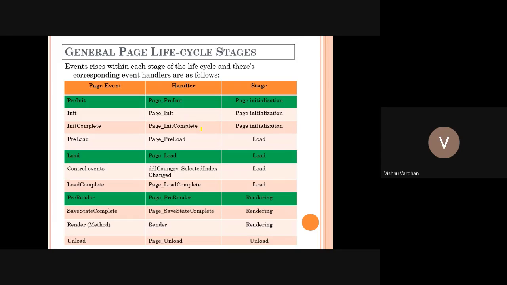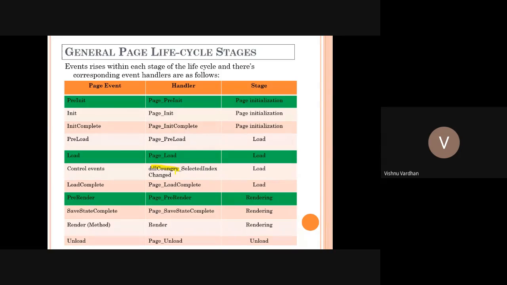Then the load method, you can see on the right side, has four event handlers. One is PreLoad, one is Load, then any data-aware control posting back the information. Suppose there is a country drop-down list selected by the user, then accordingly the information is changed in the page, and the page gets reloaded with the corresponding states.